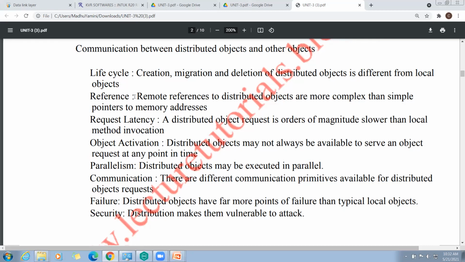The probability of failure in distributed objects will be there, because local objects do not fail in the same way. Security: distribution makes them vulnerable. Why? Because one object is accessed by more than one process remotely. So vulnerability will be high.